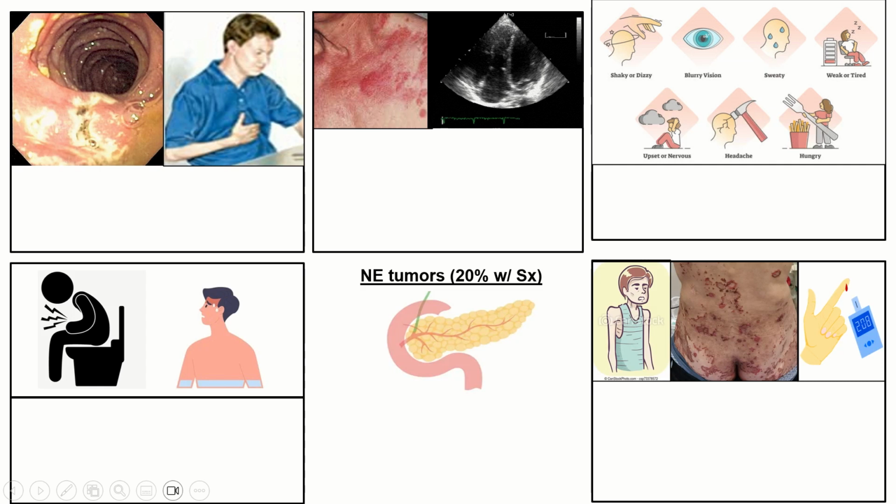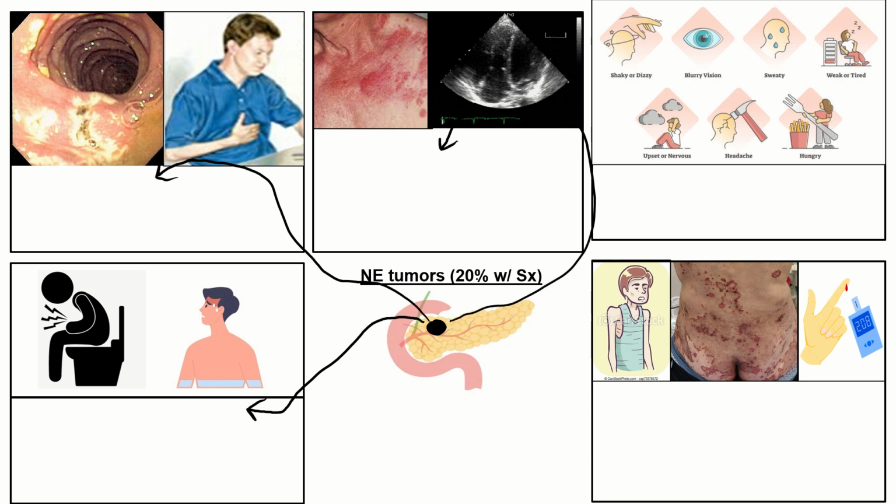So lastly, pancreatic neuroendocrine tumors. This is actually where I think Steve Jobs died from. Most of these are going to be non-functional, but every once in a while, about 20% of patients, you can have a pancreatic neuroendocrine tumor that is going to be functional, and they can kind of secrete different hormones that help the GI tract function. So the hormones we're going to talk about